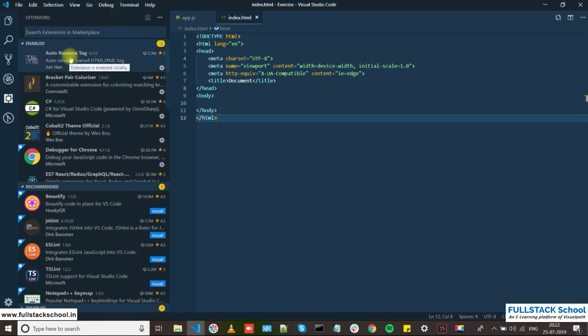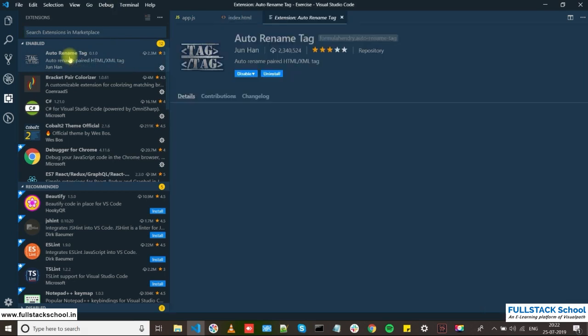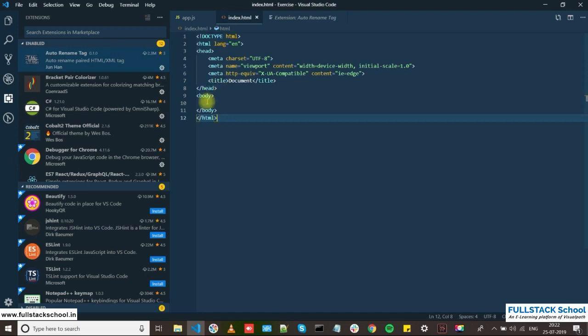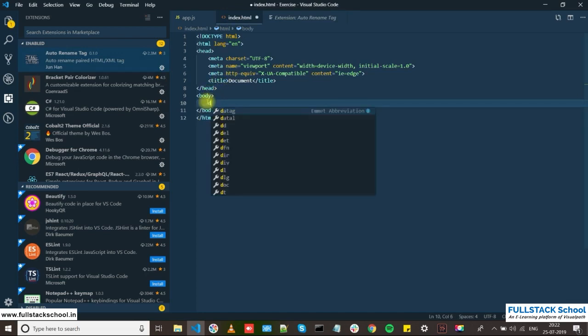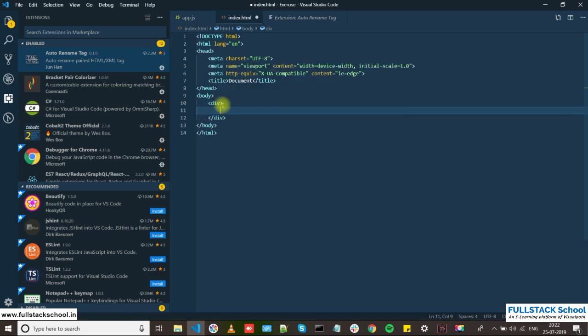I'll show you Auto Rename Tag. What Auto Rename Tag does, maybe I'll show you with an example. For now, let me create a div here. I have created a div, and I have something here, maybe a span, and inside the span I have an anchor tag.